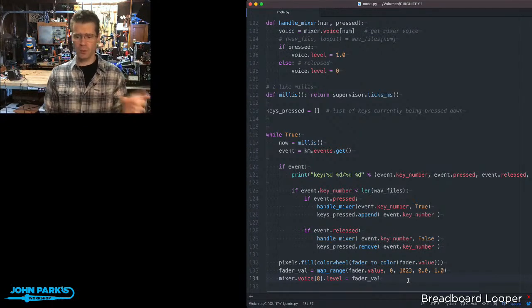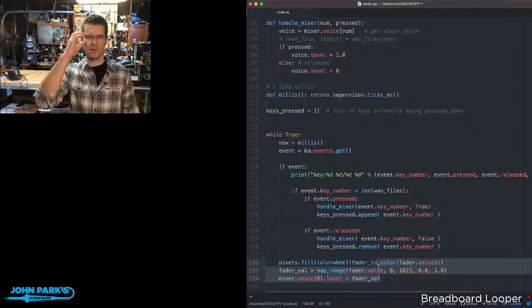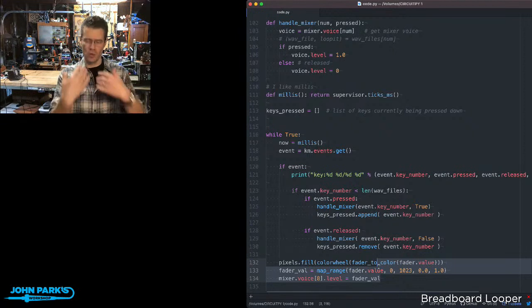Now, I just put this in at the last second. I'm going to update this so that, as I've done with some of the other fader code, we don't constantly rewrite that, but wait for changes. So we can tell if that slider has changed, and only then will we send them, and that works pretty well as well.